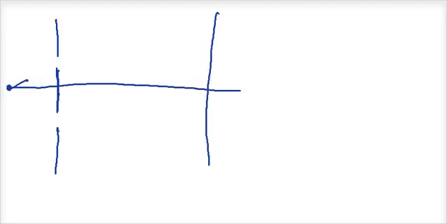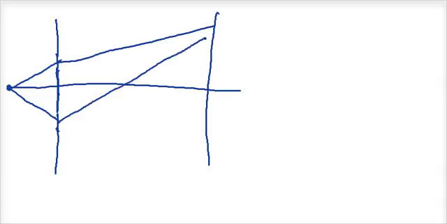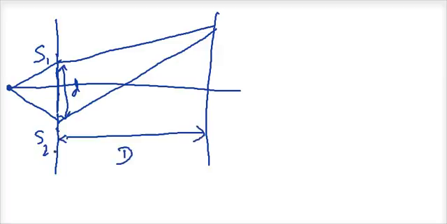So this is a source of light. Light rays from here reach here, light rays from here reach here. From here you have a secondary set of waves which reach a particular point. From here another secondary set of waves reach this point. Suppose I call this S1, I call this S2. The slits are very narrow holes, much smaller than the wavelength of light. This is called small d, the distance between slits, and this is capital D, the distance between the slits and the screen. This is the screen on which you see the Young's double slit experiment interference patterns.